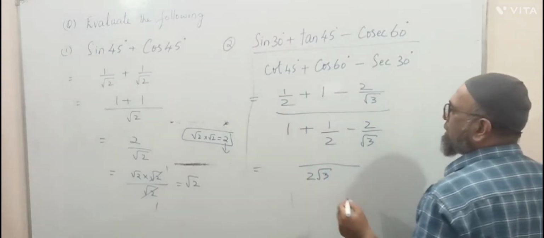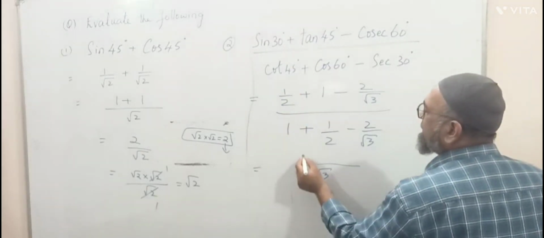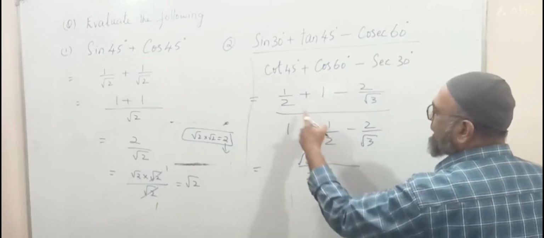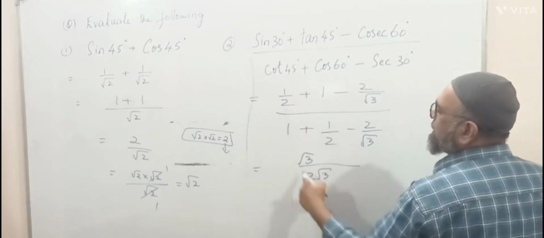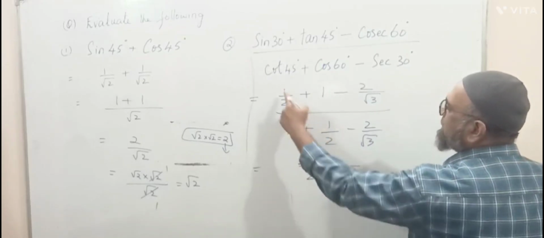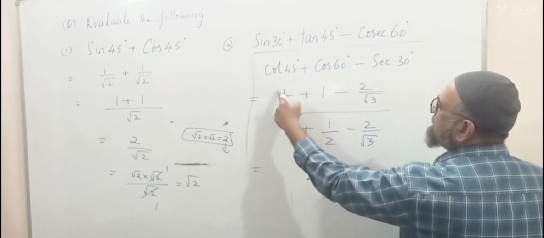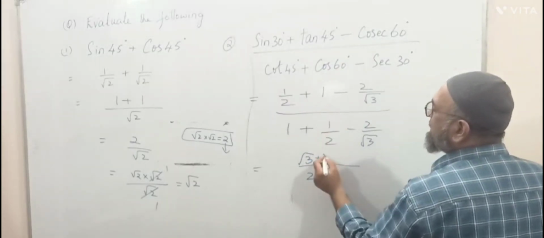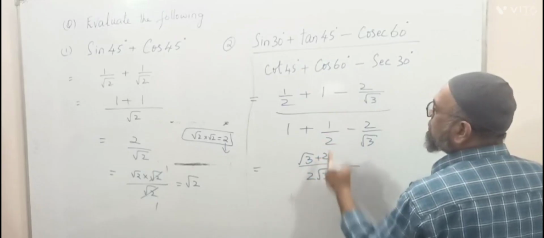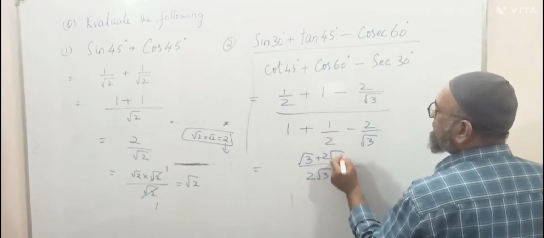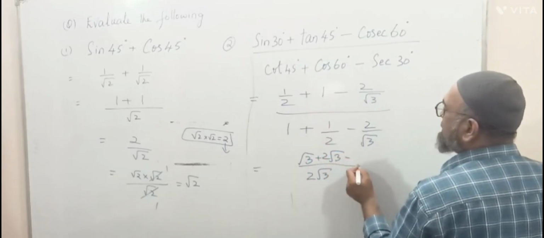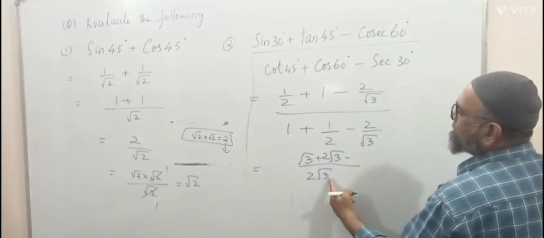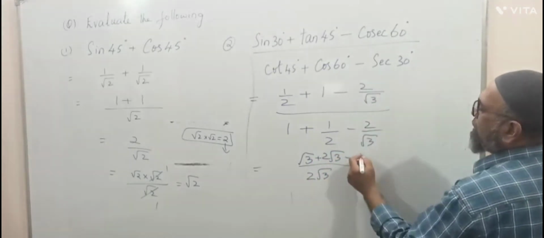I will get root 3 after taking LCM. 2 and 2 I will leave this. Root 3 I will multiply here. So root 3 ones is root 3 plus here I will multiply 2 root 3 complete minus root 3, and root 3 I will leave. 2 2 is 4